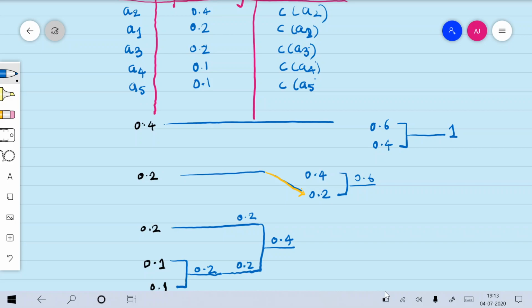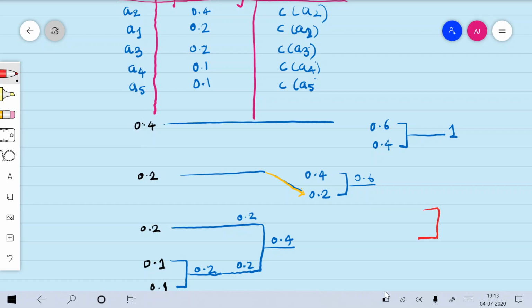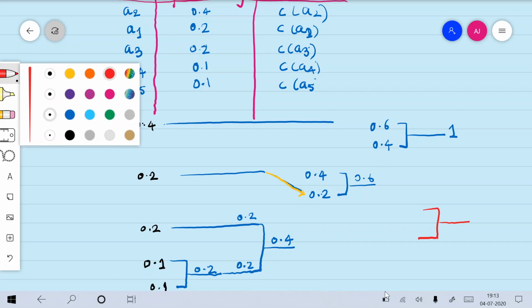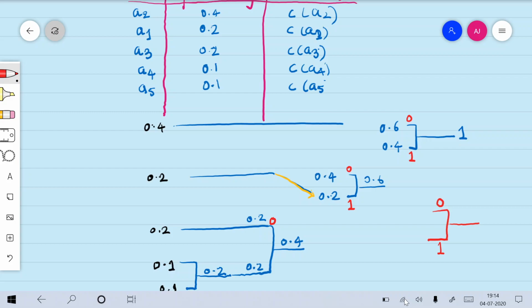Now the first thing we have to learn in Huffman coding, as I have shown in one of the videos also, is the way coding is done. Everywhere you have two branches coming to your code. The first thing to remember is that whatever is at the top will be coded as 0, and whatever is at the bottom will be coded as 1. So let us write these: 0, 1, then 0, 1, 0, 1 and again 0 and 1.